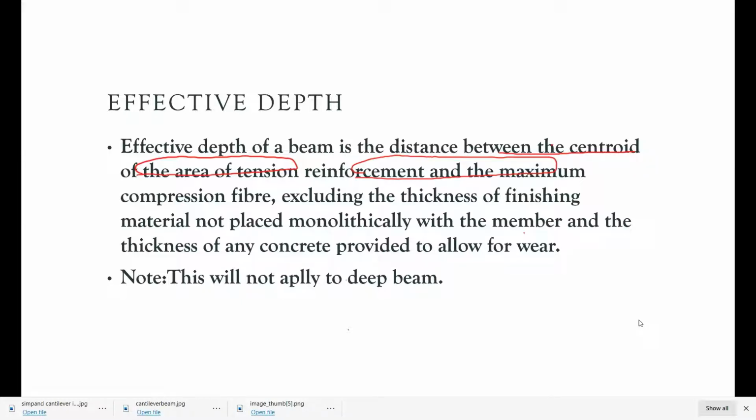If we make a beam with reinforced cement concrete, RCC design, suppose we draw a cross section of a beam, with this being the total depth of the beam, and this the main reinforcement bar here. The effective depth is from the center of the main reinforcement bar to the maximum compression fiber.